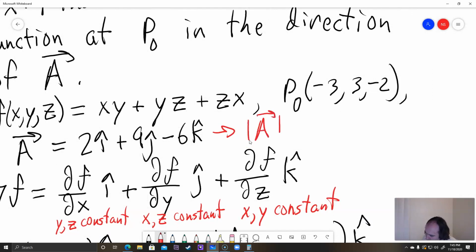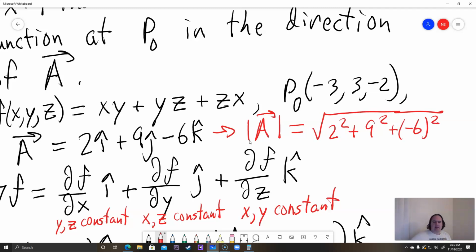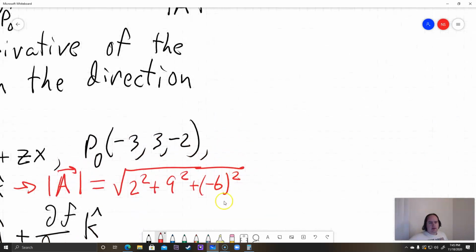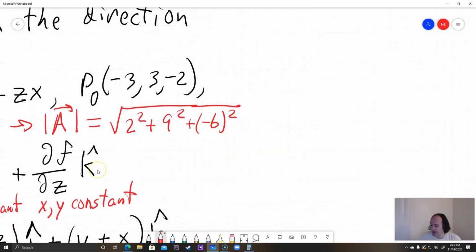So for the length of a, remember you take the square root of the sum of the squares. So it's going to be the square root of 2 squared plus 9 squared plus negative 6 squared. That's going to be the length of vector A. Simplifying that, remember if you square a negative, it becomes a positive. So that becomes a positive 6 squared. So what we got here is 2 times 2 is 4, 9 times 9 is 81, and 6 times 6